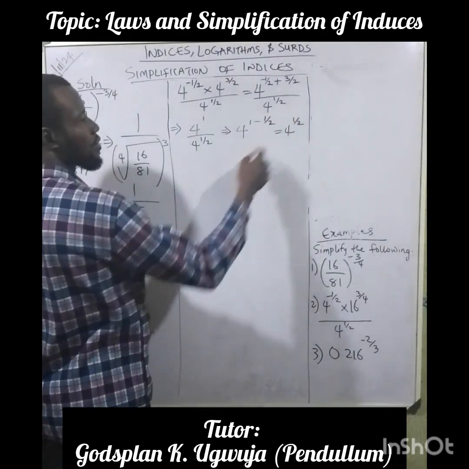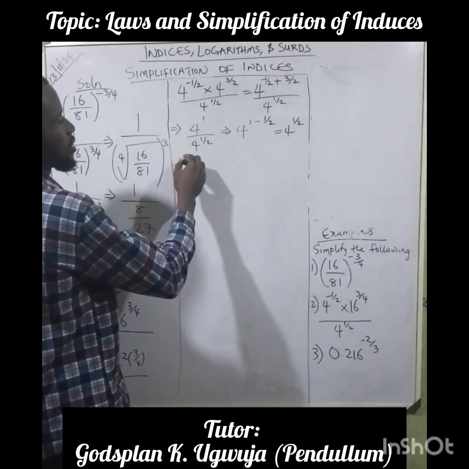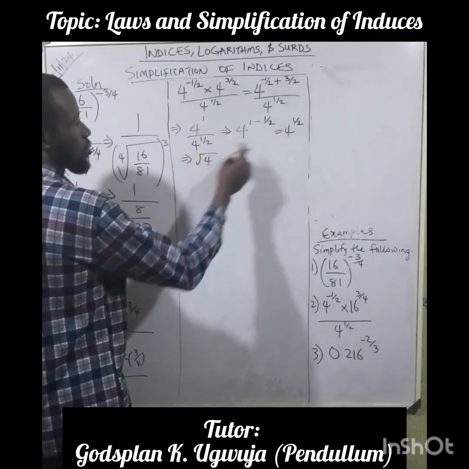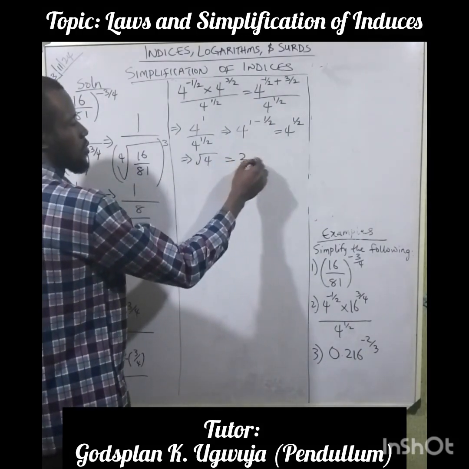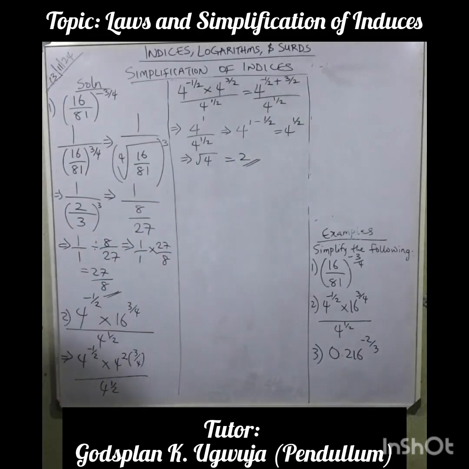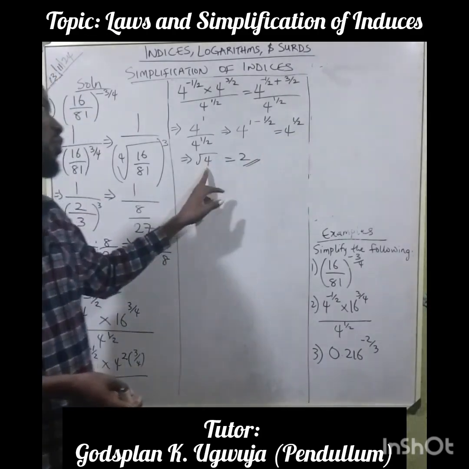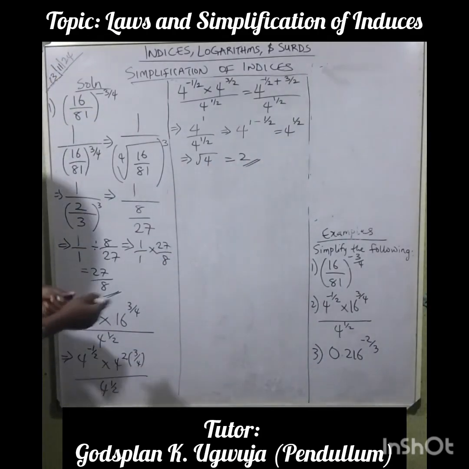So 4 raised to power half means square root of 4. Square root of 4, and that's 2. So this one is quite easy. 4 raised to power half is square root of 4, which is 2. And then the last one,